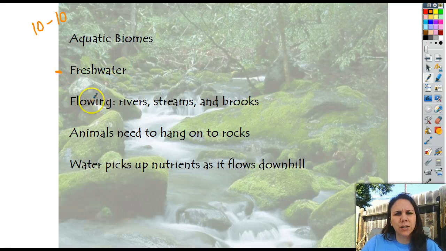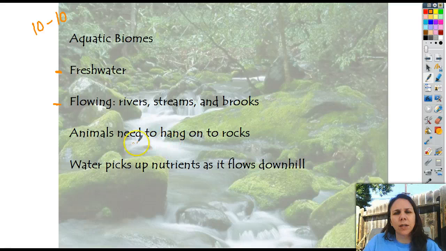They're usually broken into flowing or standing still, because if it's freshwater, it can be on the move, like a river, a stream, or a brook, or it can be standing still, like a pond or a lake. Now, if you belong to one of these flowing freshwater biomes, you, as an animal or a plant, need to deal with the fact that the water is constantly moving around you, and you could very easily be picked up and swooped away. So, if you are a plant or an animal, you need adaptations, and those adaptations are anything